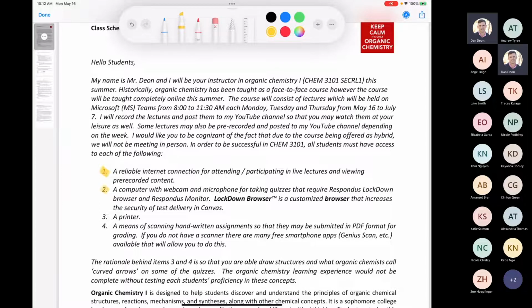Another thing is a printer, and the reason why you need to have a printer or some means of writing, you could also use an iPad, I suppose, but you need to have some kind of way to be able to write down some things in your own handwriting. And if you're wondering, well, why would I need to do that? The reason is because organic chemistry relies